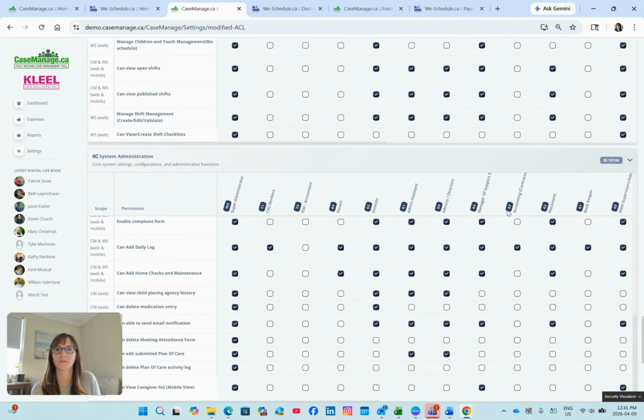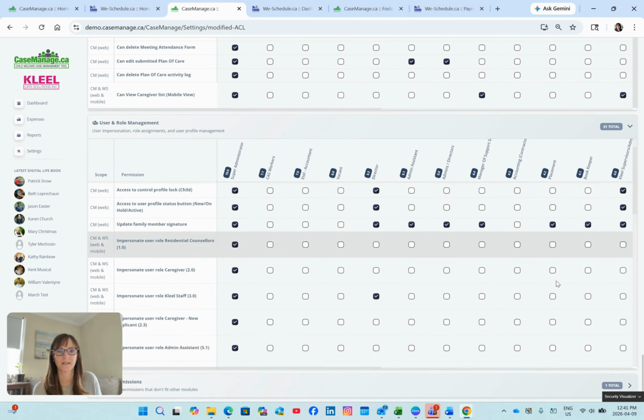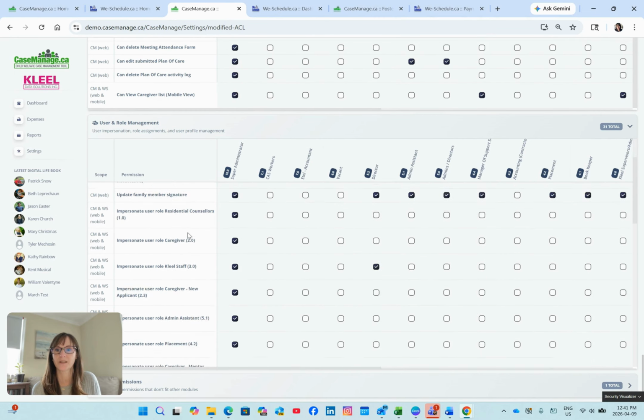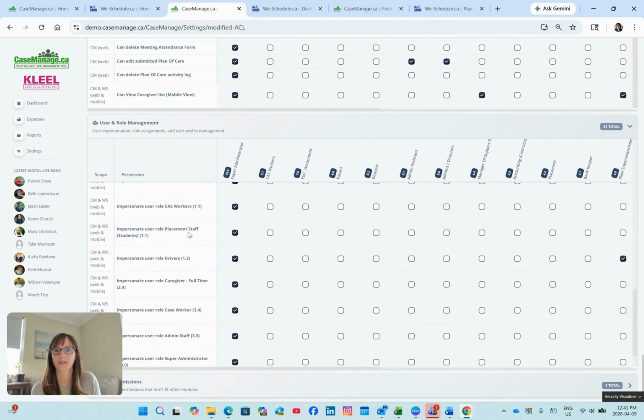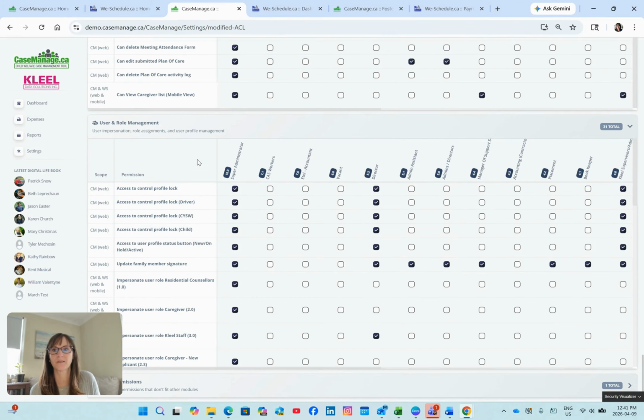And then last but not least, we have the ability to lock and unlock the profiles for the drivers, child and youth, etc., and impersonating all the different users. So that's mostly the 10.0s again there. Okay, so if we scroll back up,